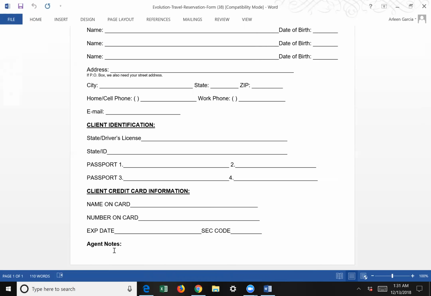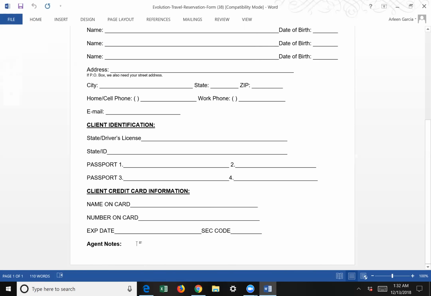What you want to say is, if you choose to book through me, I'm going to do my very best to find what you're looking for. Keep yourself in those guidelines. I'm going to do my very best to search for what is in your budget. So that's what we want to do, qualify our clients. But on this form, in agent notes, I need you to write